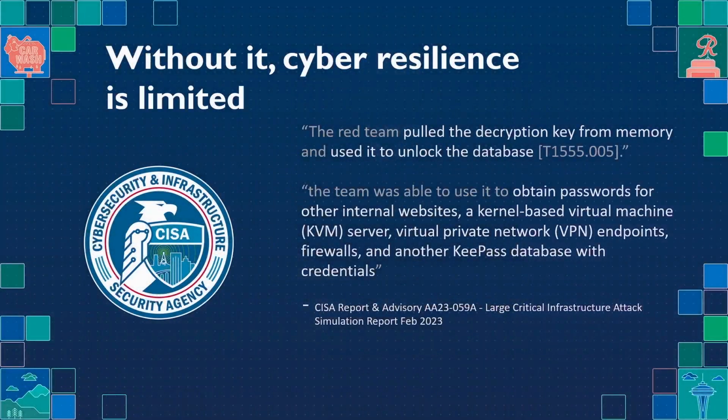Now, what's really great about this is the market is seeing this as a very big opportunity to change and revamp the way that we're looking at security as a whole, and to take a look at how red team and blue team exercises are being run. So, if we look at the CISA quote, and the way that people are able to take advantage of these networks, you think about the latest hack with MGM. Every single time one of these massive breaches happens, it's always based on some type of key being exposed through memory or, for example, from Microsoft's perspective, a crash dump that had unprotected keys in clear text and could be exfiltrated in a very easy manner.